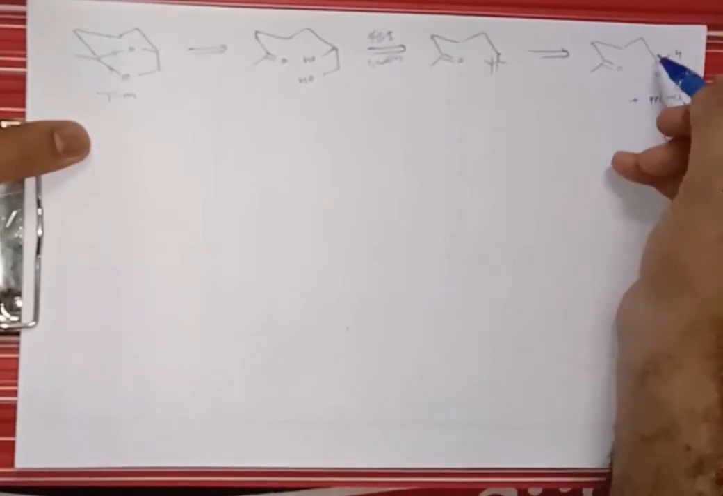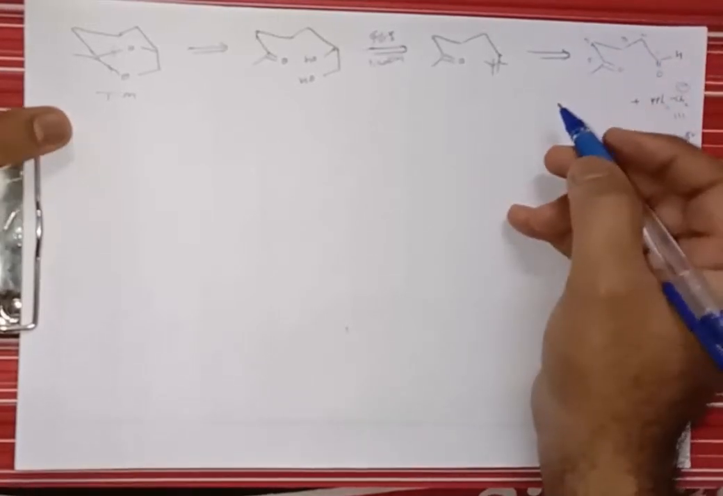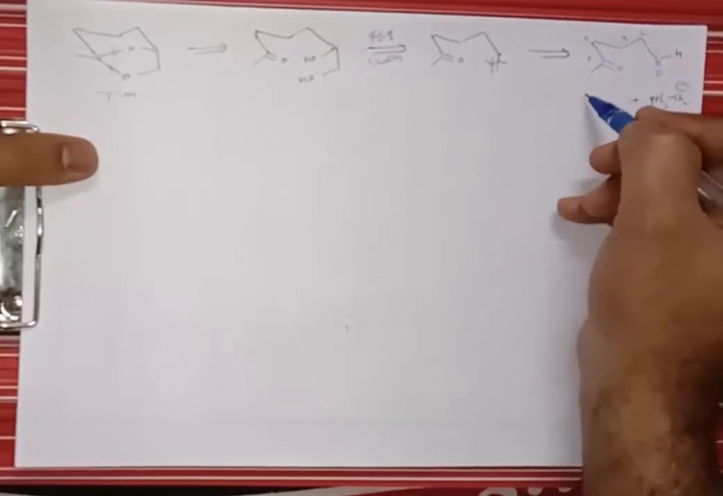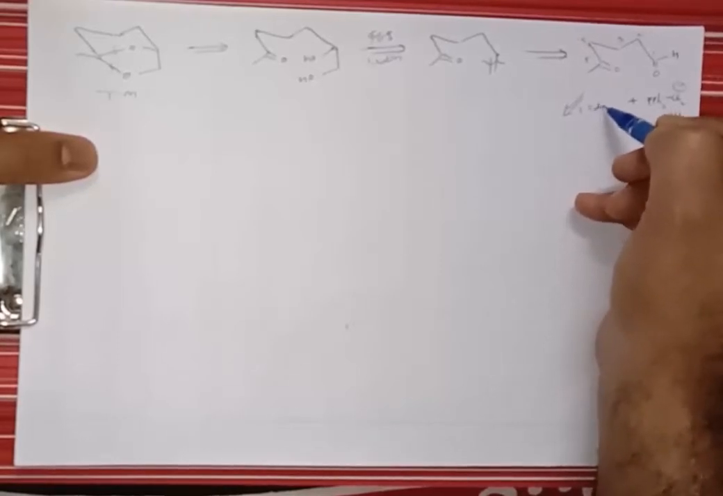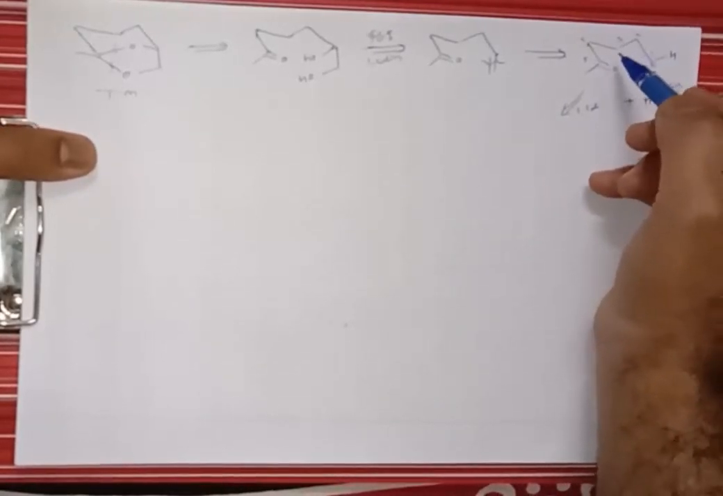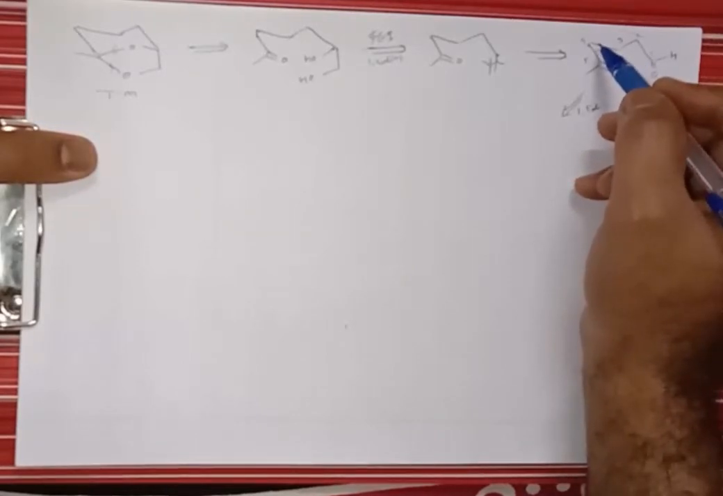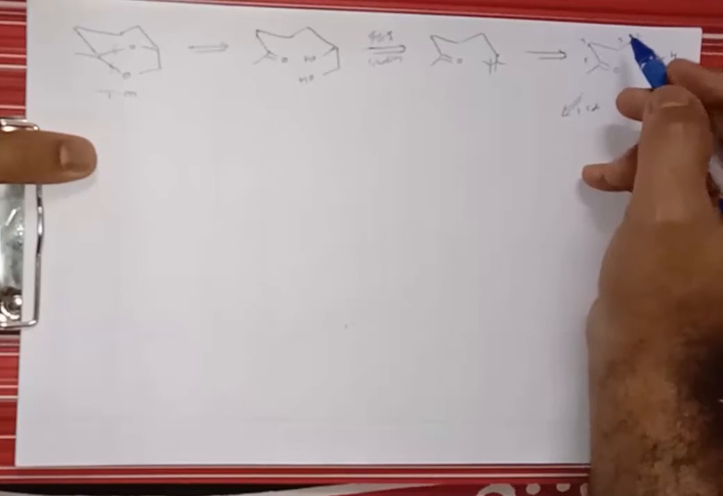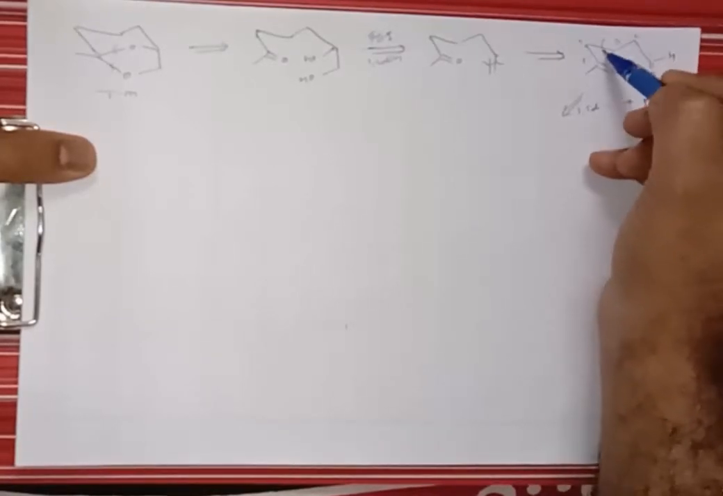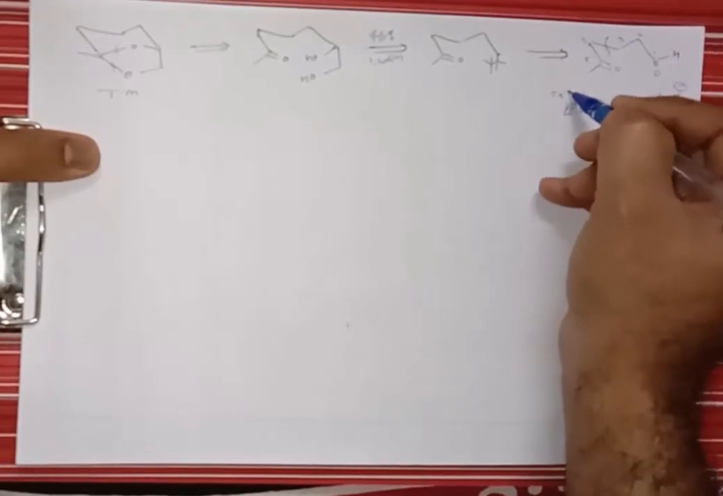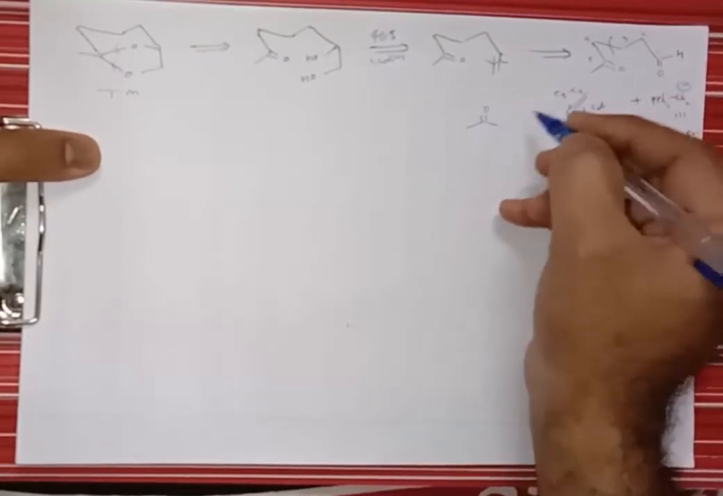Now this is a 1,5 dicarbonyl compound (carbons 1, 2, 3, 4, 5), and we know that if there is such a 1,5 dicarbonyl compound, we can break either this C2-C3 bond or this C3-C4 bond. So here we can break the C3-C4 bond, right? We can break this C3-C4 bond, and from one side we can get such a type of anion,